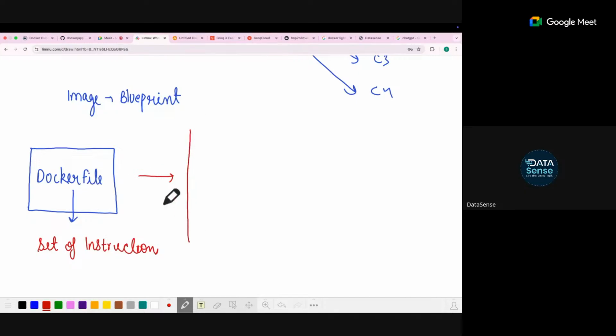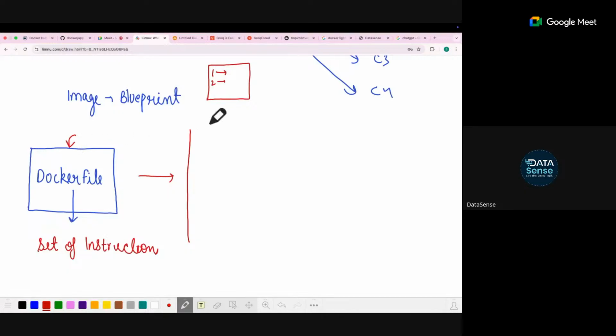Let's take that McDonald's example again. They have all their recipes listed somewhere, right? If you're making a burger, for ingredient 1, you need to put this much only. For 2, you need this. So there is a set of rules which they follow. That set of rules is called a Docker file.